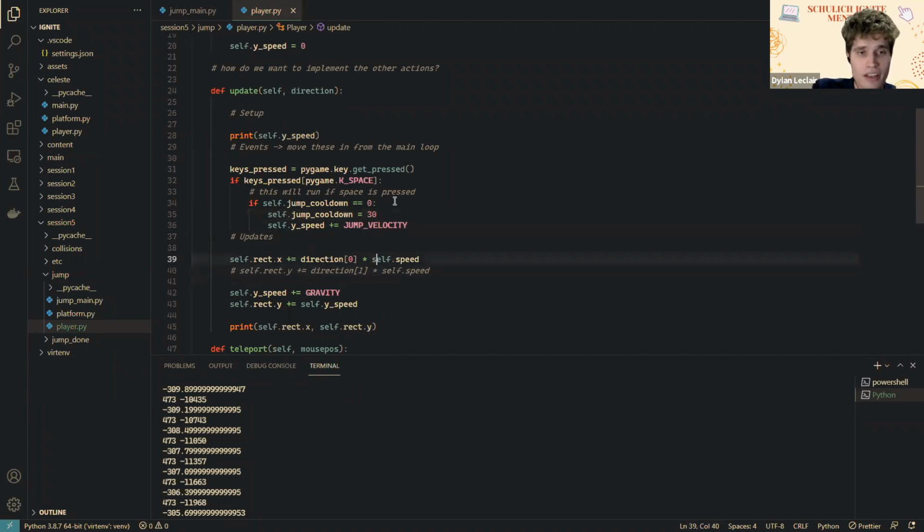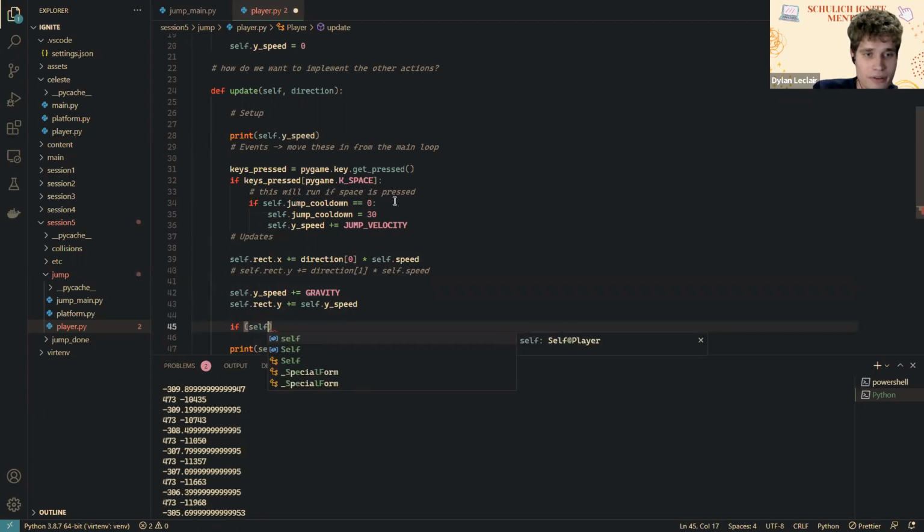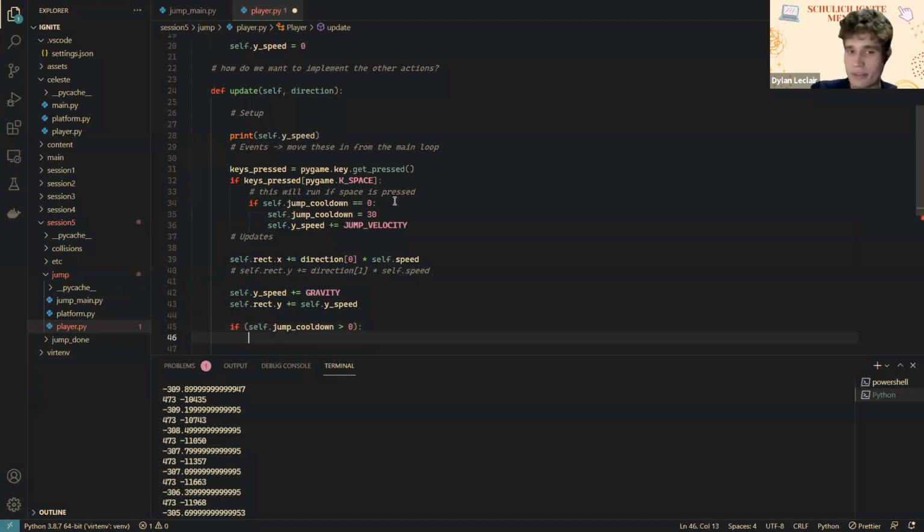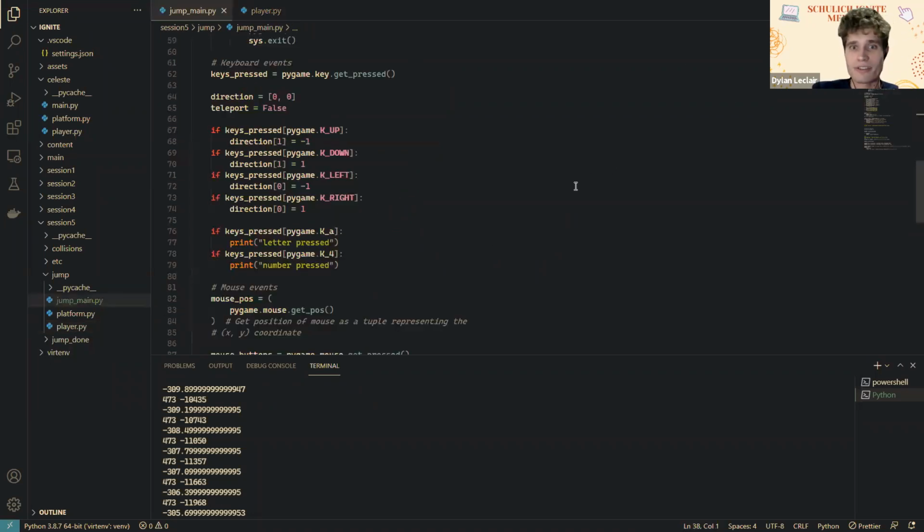And then in the rest of our updates here, we're going to want to make sure that if self.jump_cooldown is greater than 0, so if it's like 30, 29, 10, we're counting down all the way until it reaches 0. And we do this by just decrementing by 1 using the minus equals in the same way that we use plus equals, right? So now if we go ahead and run this,